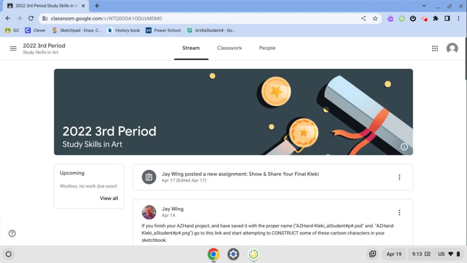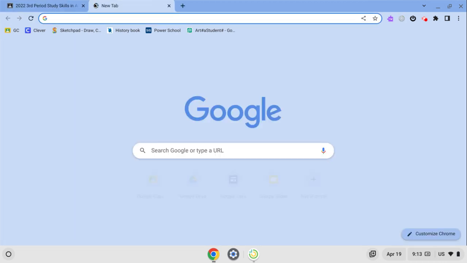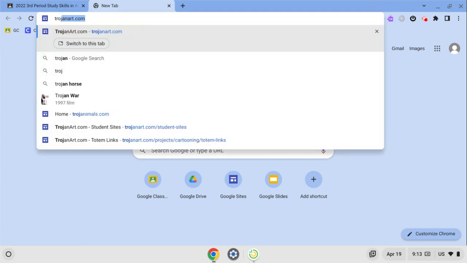In today's lesson, I want to show you how to create and share a folder and also add a file to it that will be labeled for when you're looking at and drawing cartoons. Because we want to remember where we got the cartoons. So I'm going to go to trojanart.com